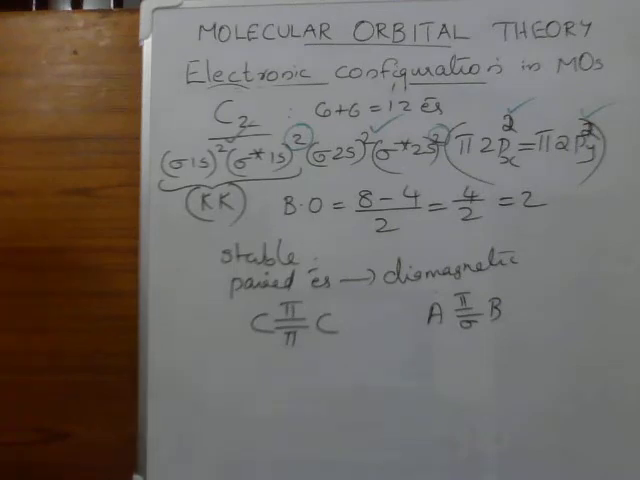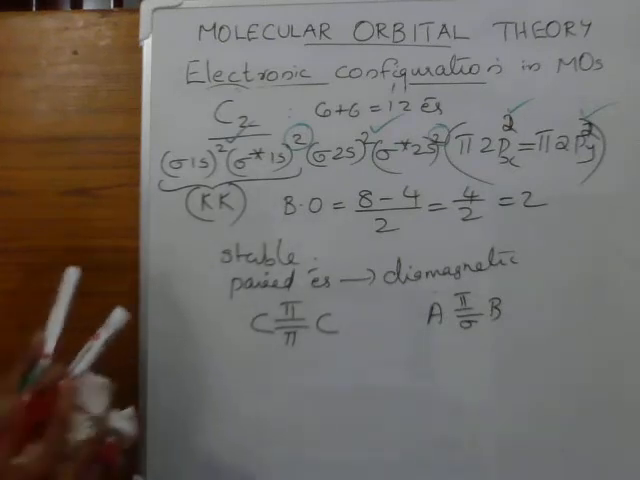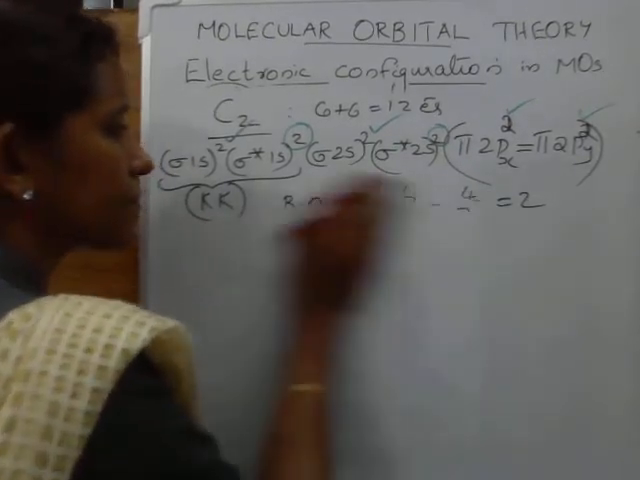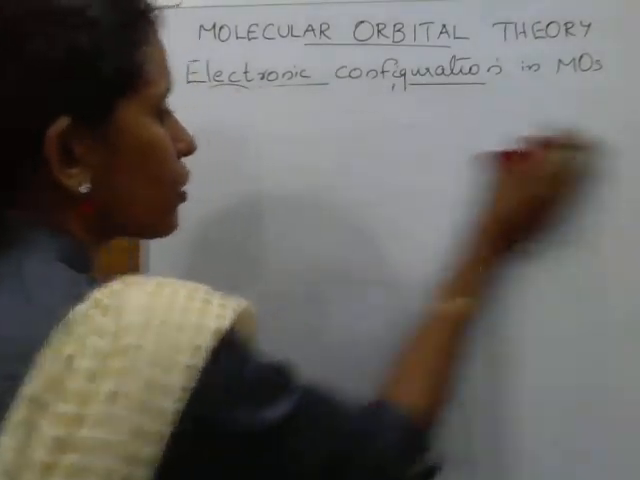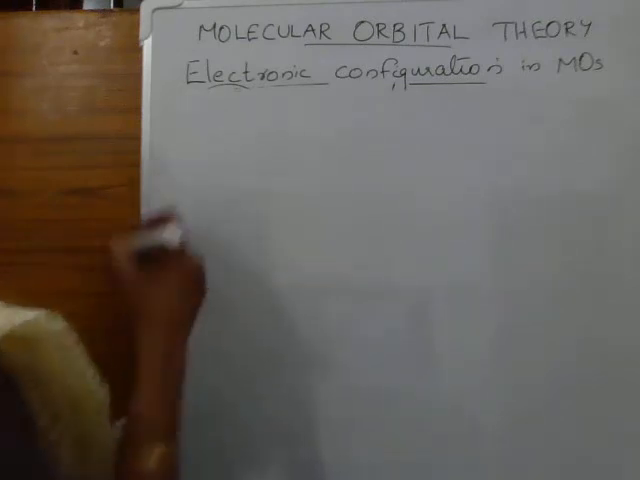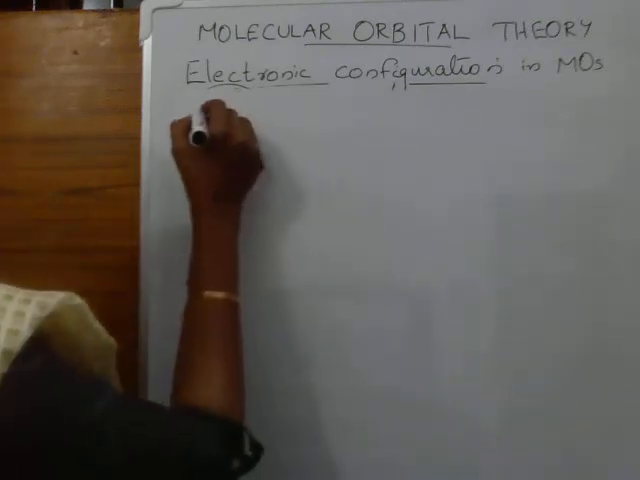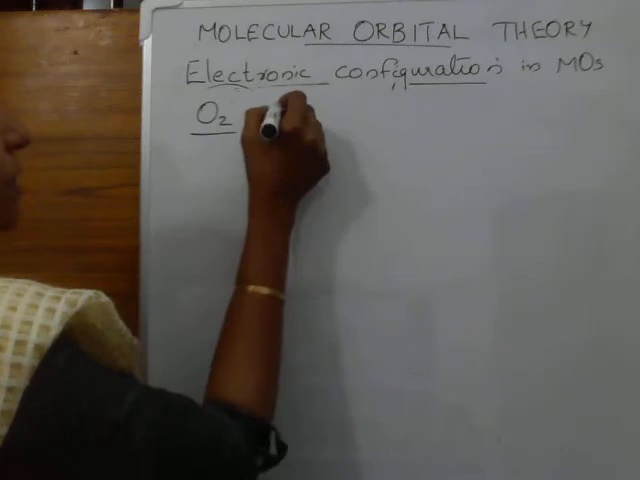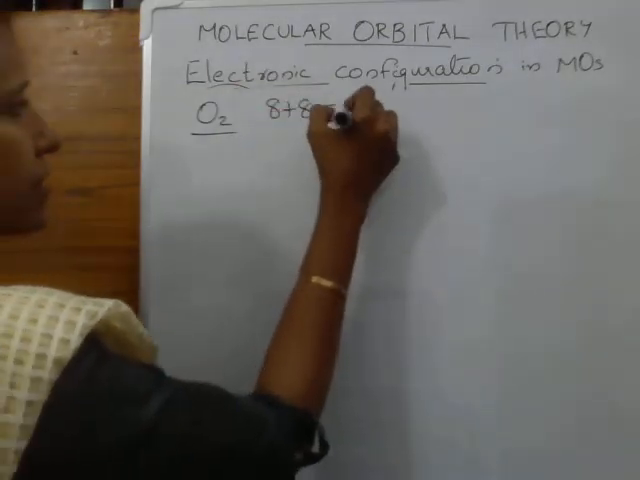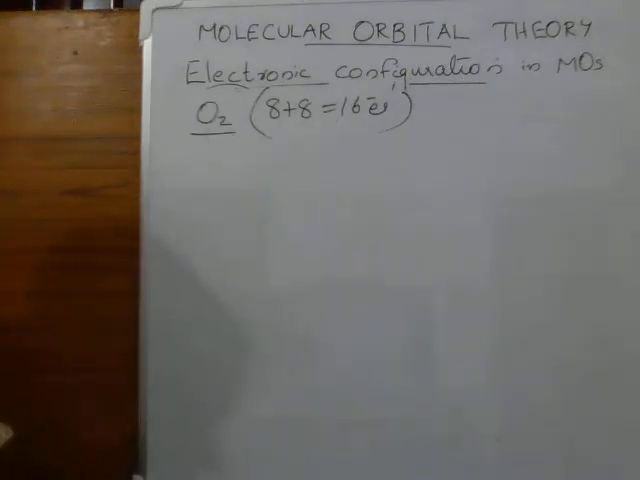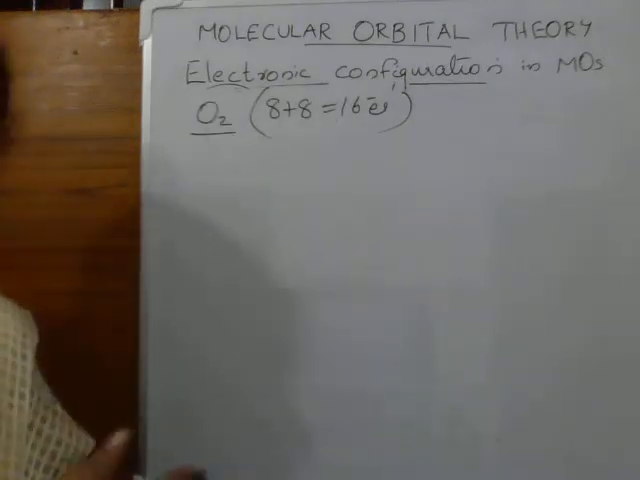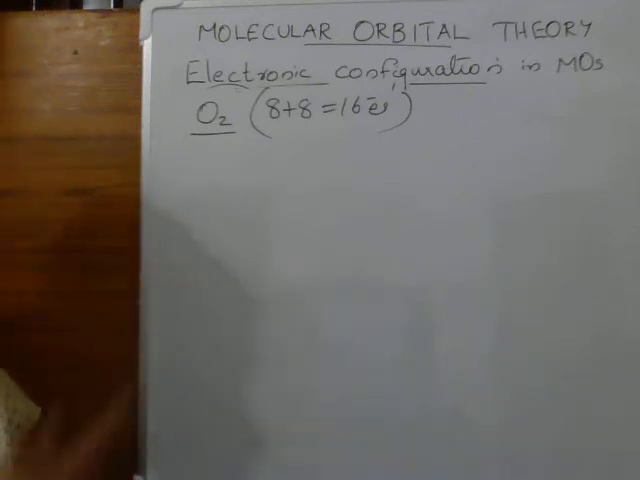Now let us write an electronic configuration. In a similar way, you can write the electronic configuration of nitrogen molecule. Now we are going to write the electronic configuration in O2 molecule, oxygen molecule. O2, how many electrons? Atomic number of oxygen 8, 8 plus 8, 16 electrons. So this is a molecule which contains more than 14 electrons. Here you need to follow the second energy order. For oxygen and fluorine we have another order